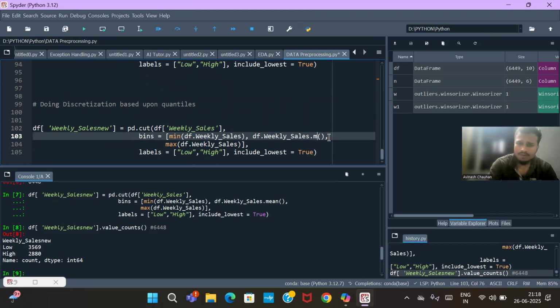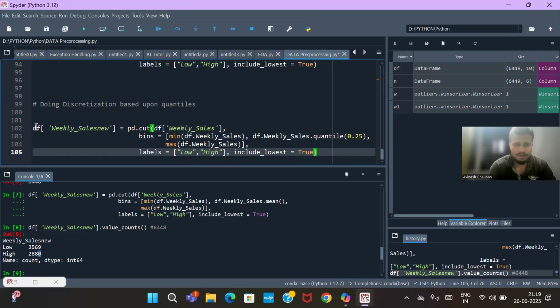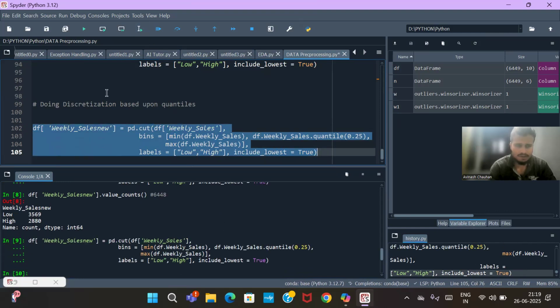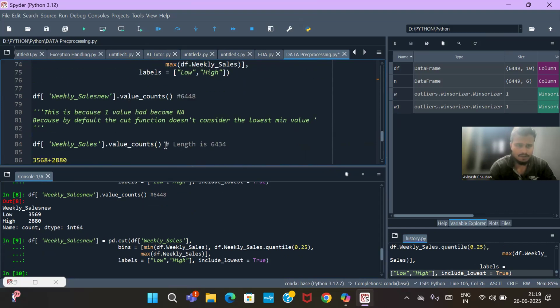Minimum quantile is 0.25. And here I will write it. Let me copy my zero because my zero key doesn't work on my keyboard. 0.25. So basically we are dividing it in terms of quantile. And again, this will not affect your set of data. So if I want to do the value count of it,